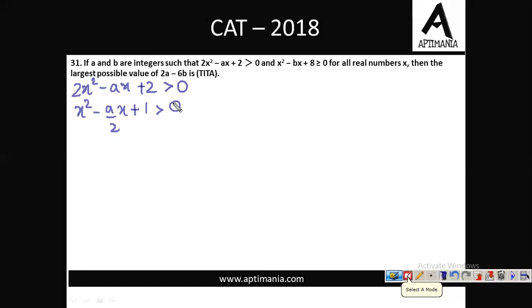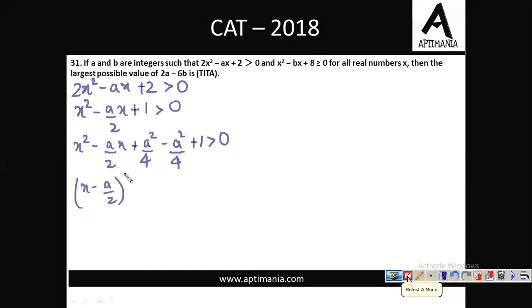So in that case, in order to satisfy this situation, what we'll do is we'll try to make a perfect square for the same. So we'll have x square minus a by 2x plus a square by 16 minus a square by 16. We have added and subtracted a square by 16 by ourselves in order to satisfy this inequality, right? Then this will be x minus a by 4 whole square, which is greater than a square by 16 minus 1. Right? Now on the left hand side, we are having a perfect square value which can never be negative.